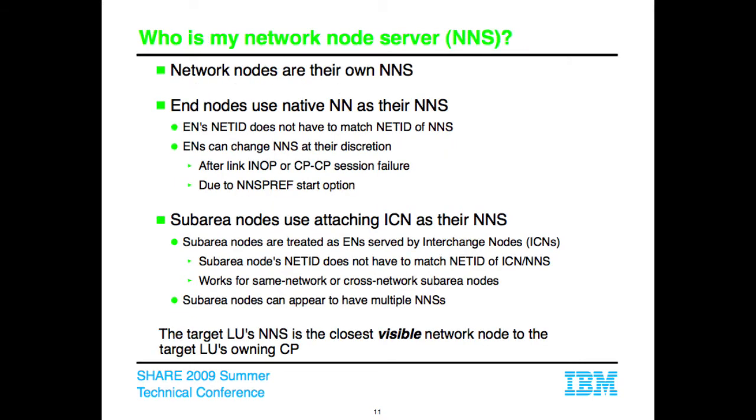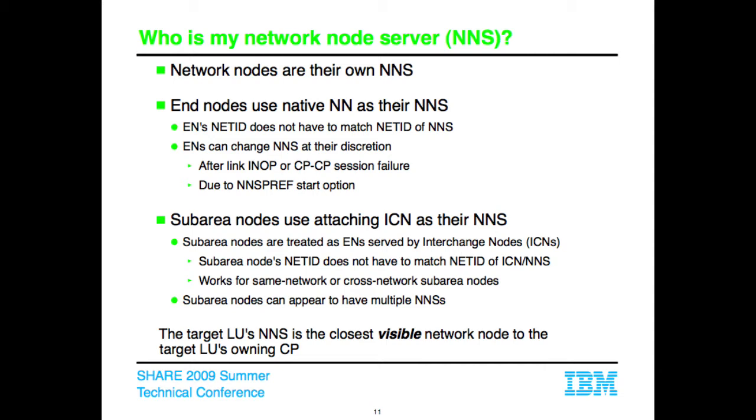All right, so who is the network node server for any given resource? If a resource resides on a network node, then that network node becomes the network node server for that resource. It certainly stands to reason, since that network node is clearly the closest network node to the resource. End nodes always use a network node as their network node server, obviously, and it's always considered a native network